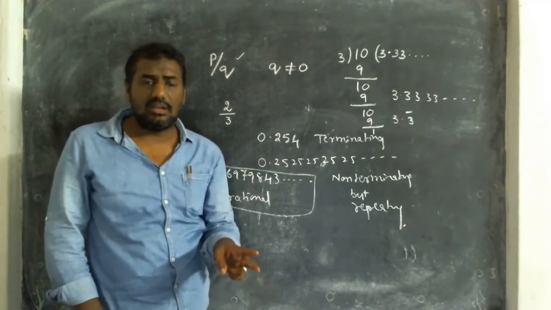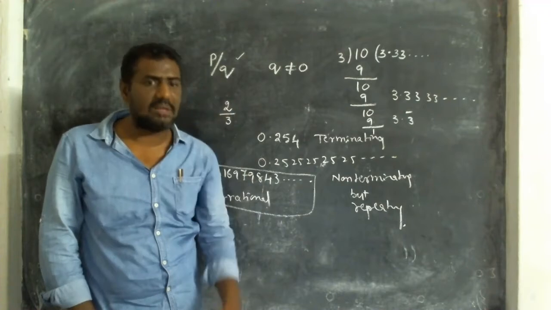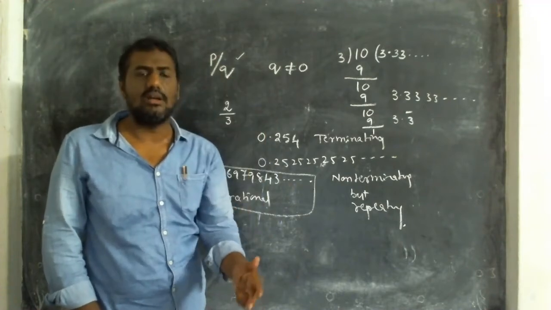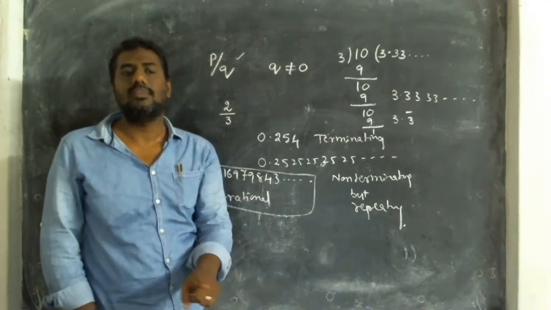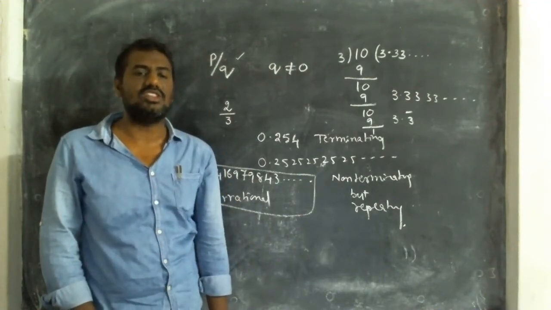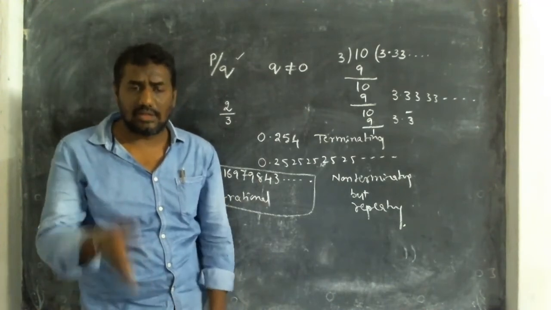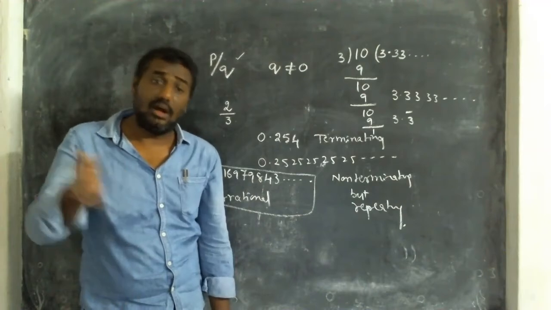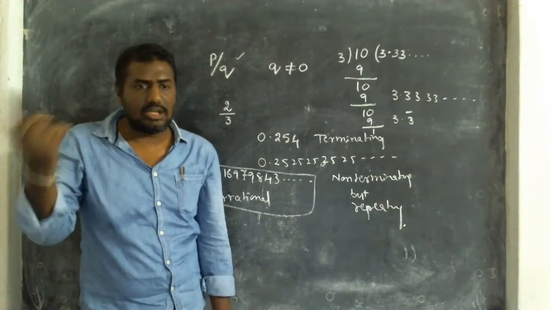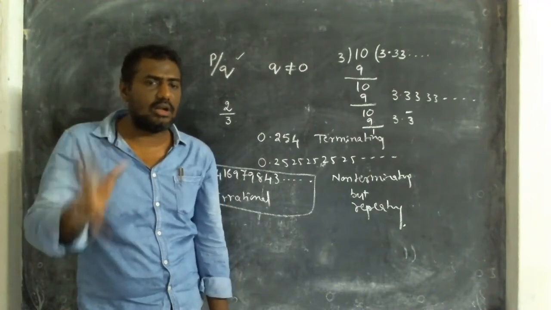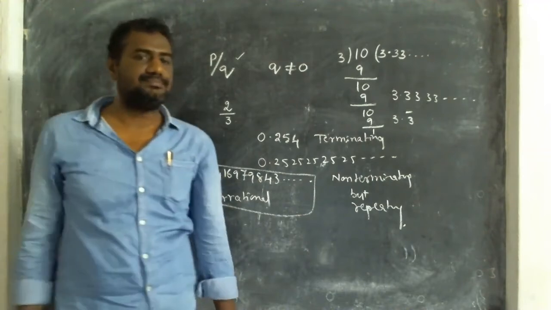So a rational number can be in two types of decimal form. Non-terminating repeating is a rational number. Terminating is also a rational number, but non-terminating not repeating is called an irrational number. There is a difference between rational and irrational. In a rational number, we may have a terminating decimal, or a non-terminating decimal where the number is repeated. If the number is non-terminating, going on continuously, but the numbers are not repeated, that is called an irrational number. Rational means two types, irrational means only one type.